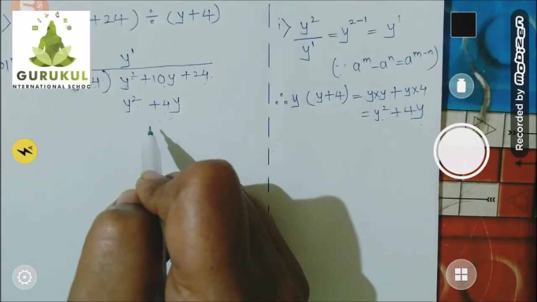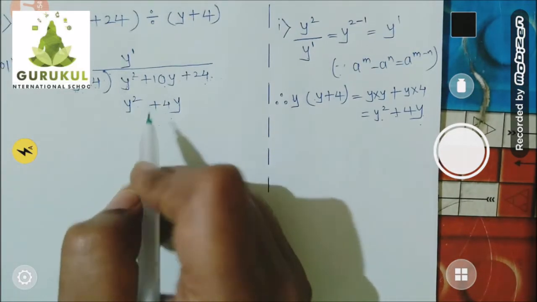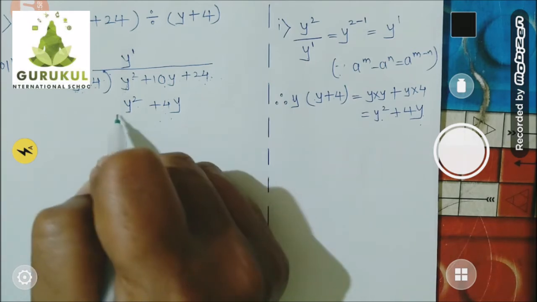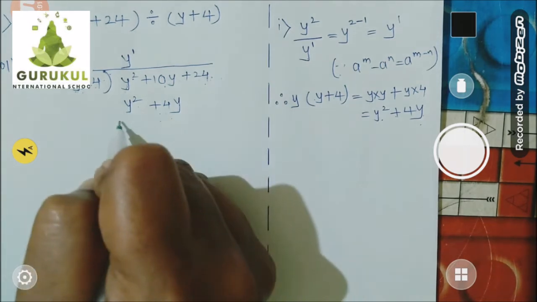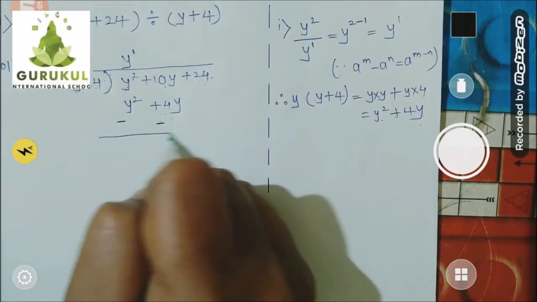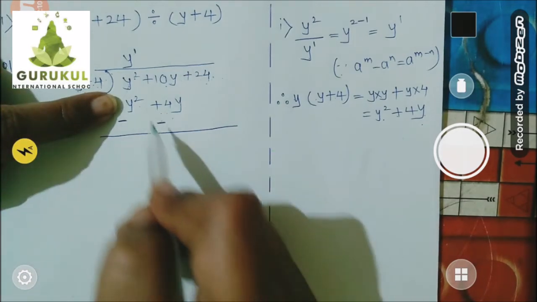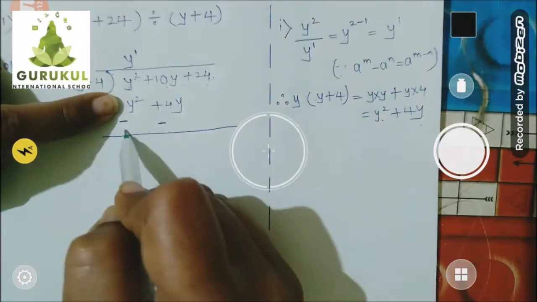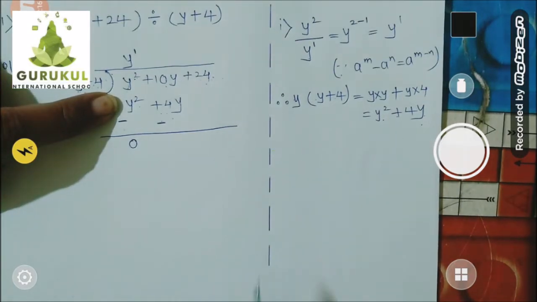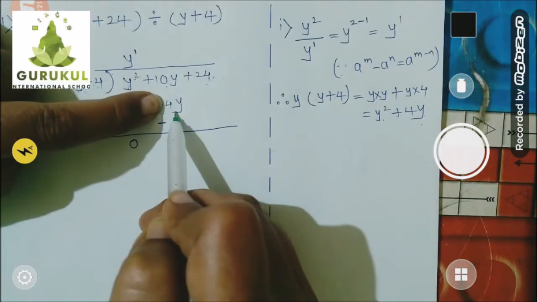Now next we have to subtract. Whatever product we write, we write over here and we subtract. And you know very well, when we subtract, we change the sign of both the terms. So plus y square becomes minus, plus 4y becomes minus, and then we subtract. While subtracting, forget the original sign. So plus y square minus y square, answer is 0. Then here also plus 10y minus 4y.